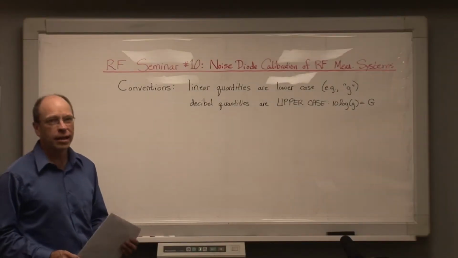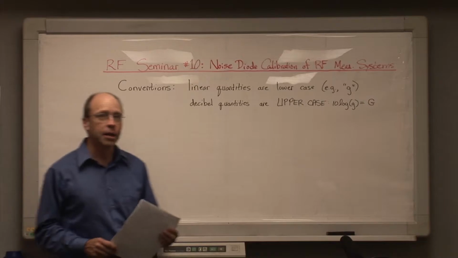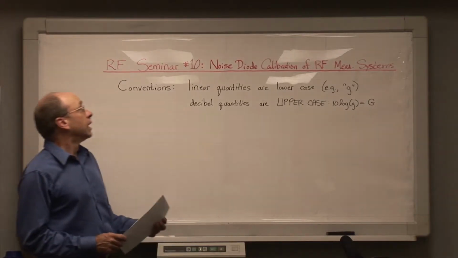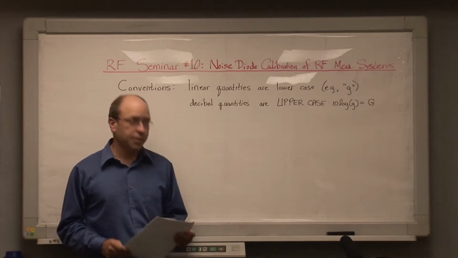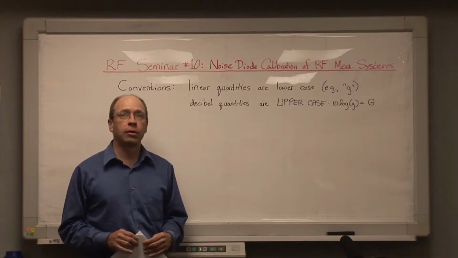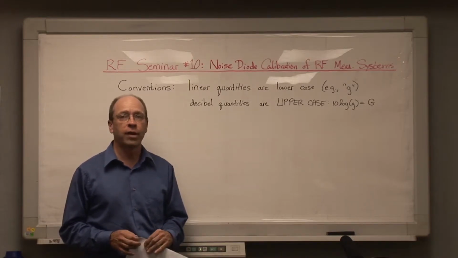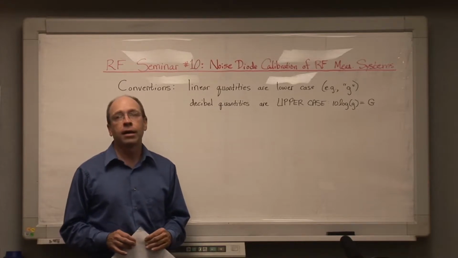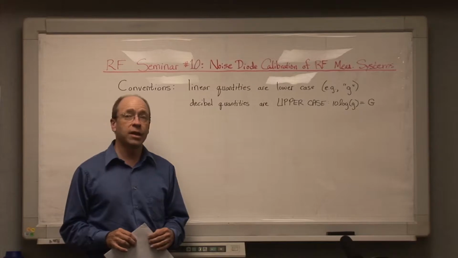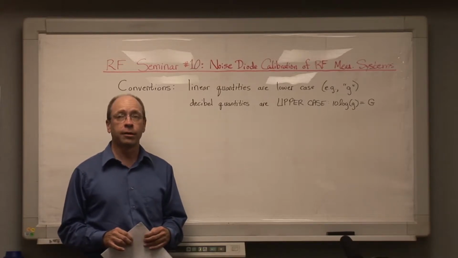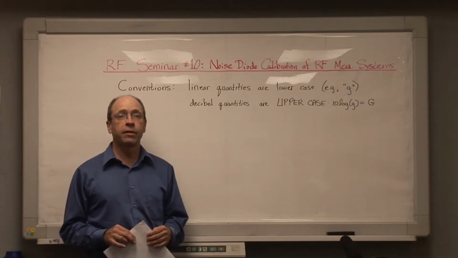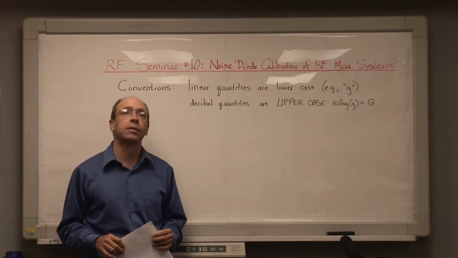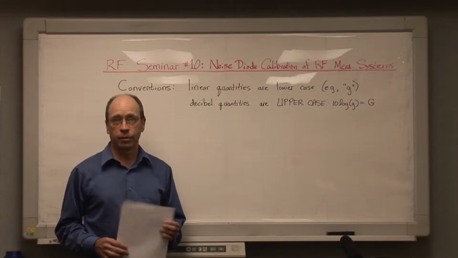Welcome to talk number 10 in the ITS RF Measurement Seminar Series. The topic of today's talk is noise diode calibration of RF measurement systems. At ITS, we've used noise diodes for over 30 years to calibrate the gain and the noise figure of our measurement systems. Noise diodes can be used to calibrate the gain and noise figure of any RF system, whether it's a measurement system or a receiver, and we have used diodes for such purposes over the years with systems other